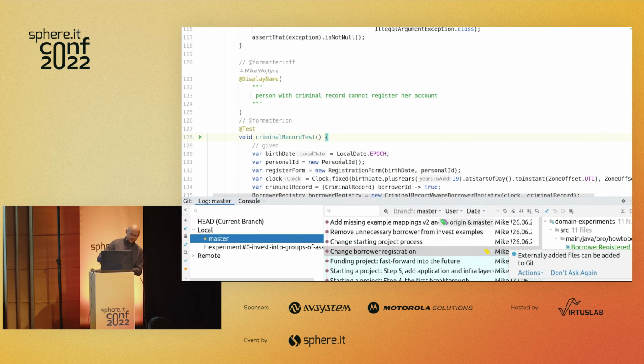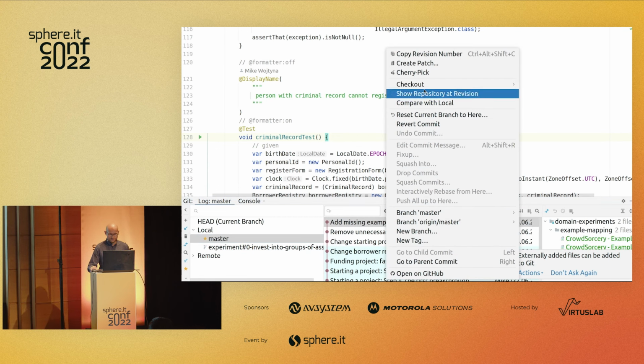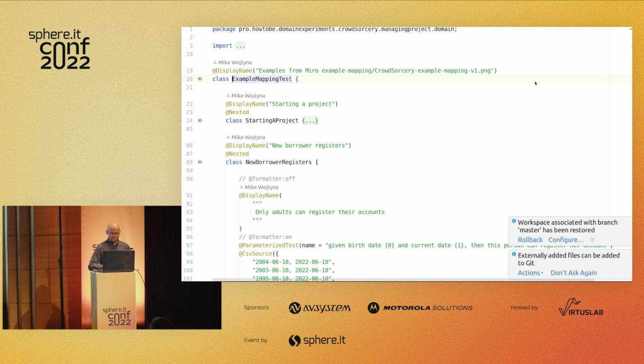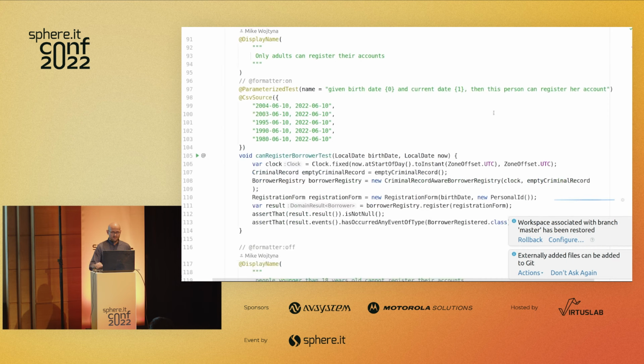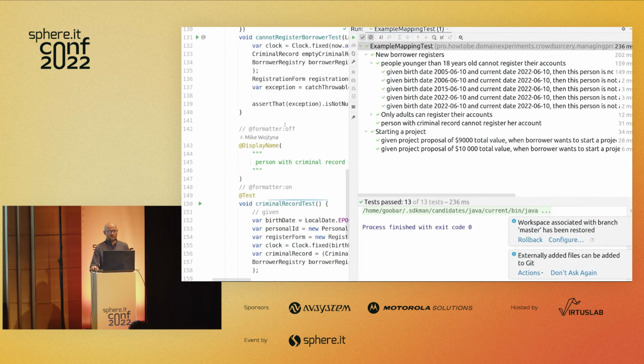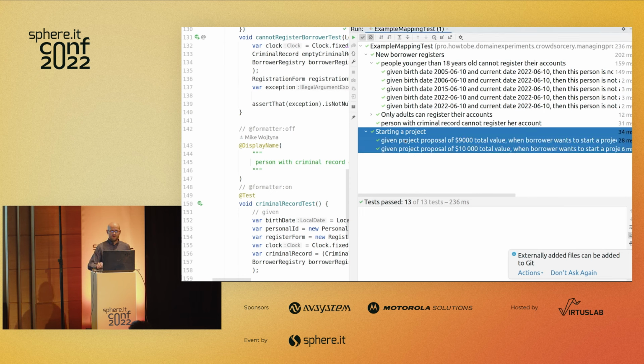OK, so 3 minutes left. I will move forward again and check out the newest version of the code. And here we are having, again, more and more rules about the behaviors. So for instance, here we are having a behavior regarding starting a project with given proposal of